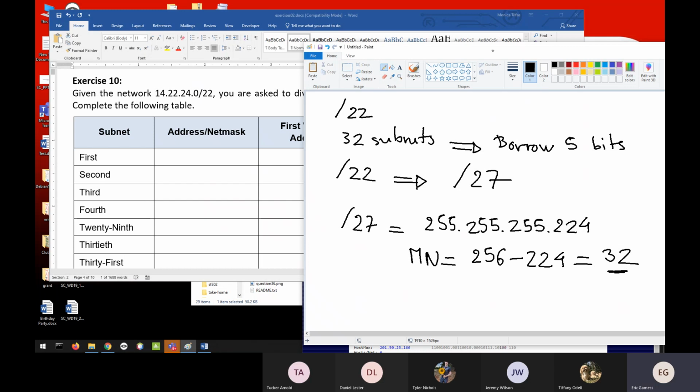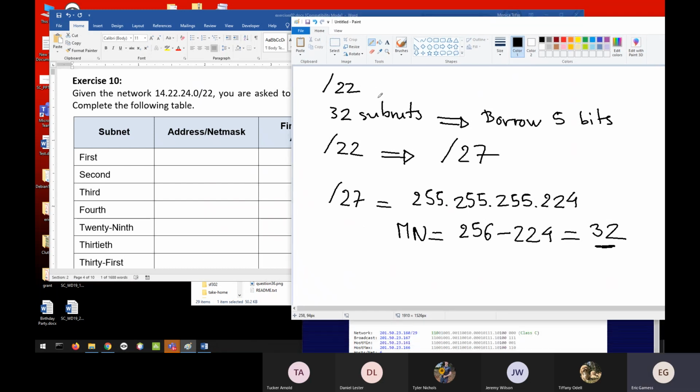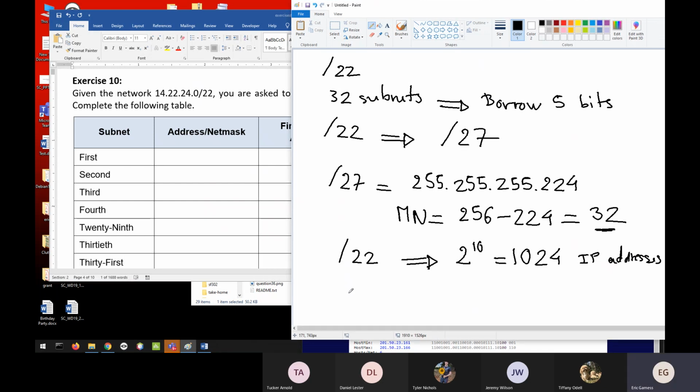Another way to see it, the original network has how many IP addresses? So 32 minus 22 is 10. So 2 to the power of 10, it has 1024 IP addresses in total, isn't it? If you are going to create 32 subnets, so let's divide